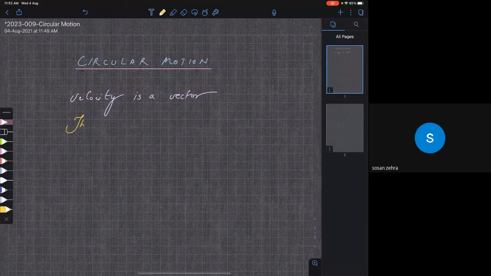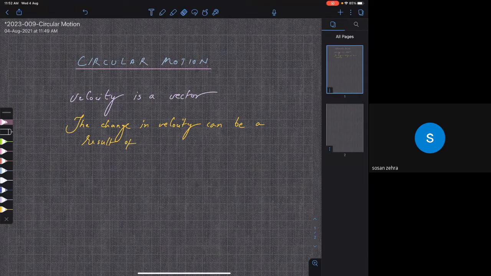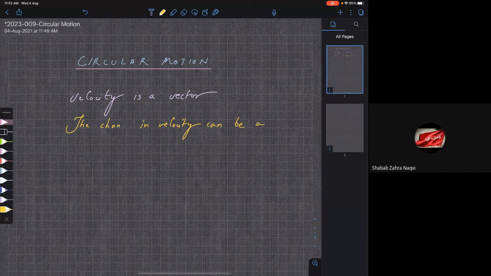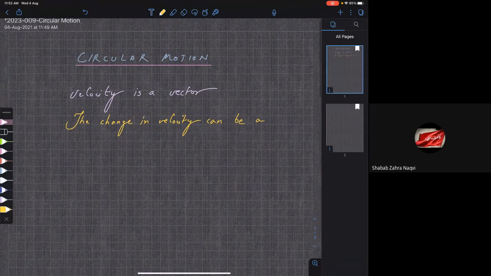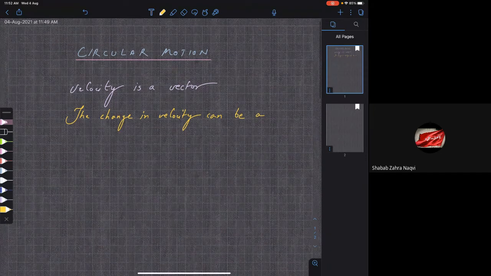Change in velocity, yeah, it is acceleration, but my question is, the change in velocity can be a result of either a change in